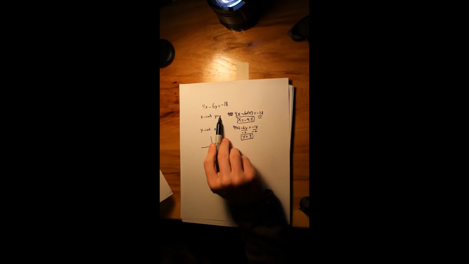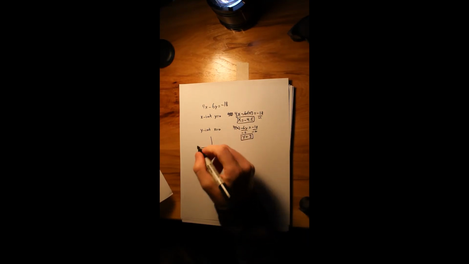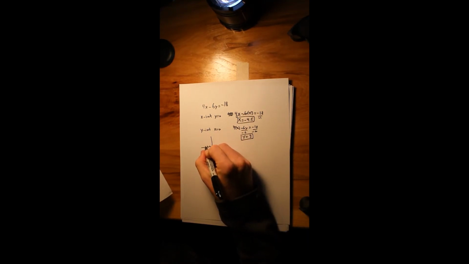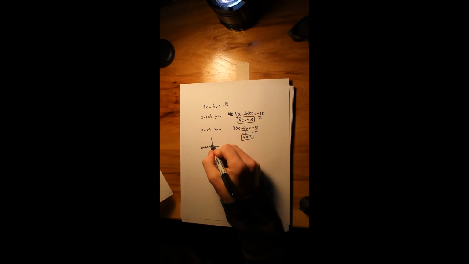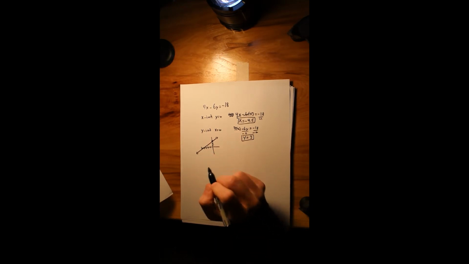So if y is 0, x is negative 4.5: 1, 2, 3, 4 and a half. If x is 0, y is 3: 0, 1, 2, 3. I have my line. It should look like that. Okay, the next